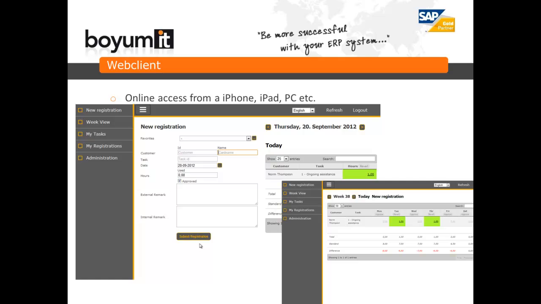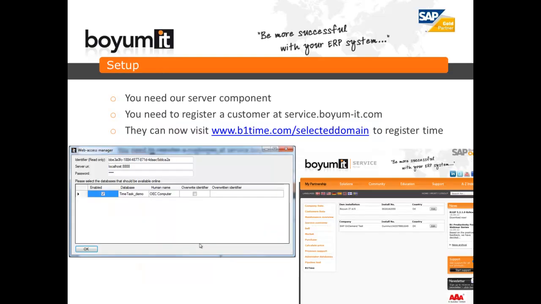So the web client we have built is a homepage that allows you to register time online using an iPhone, iPad, PC, Android device, and so on. And it's a simple and easy to use web interface, and I'm going to give you a demo of it, but first let's just look at how you actually get up and running